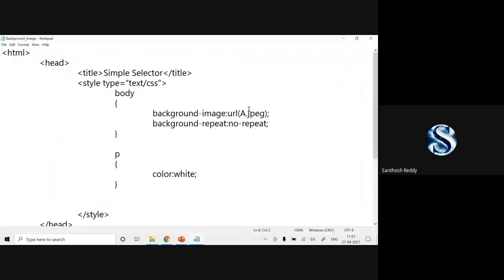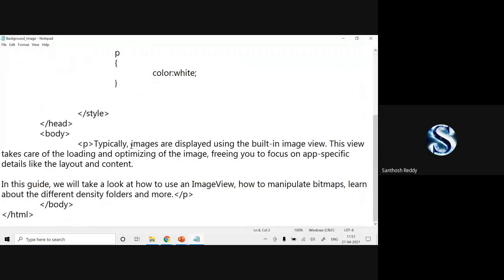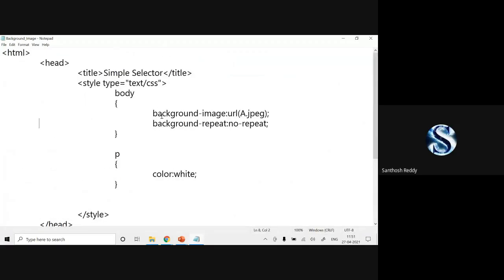Here you can check it out, where I have written some content and want to place my image as a background. If you want to place that image as a background for the whole web page, you have to apply it to the body.